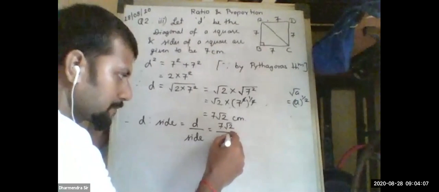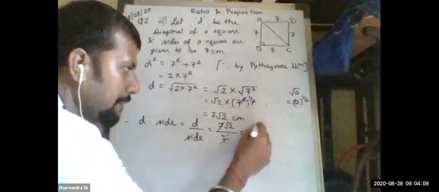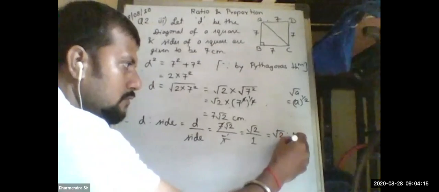As been told earlier, if they are not in the same unit, you have to convert in same unit, and at last you will be getting answer in the form of unitless quantity. You won't be having any unit. Why? Because in ratio, both the terms present in numerator and denominator have the same unit, and at last they cancel the units, and what remains is constant. So 7 gets cancelled. What remains? Root 2 upon 1. Our answer is root 2 is to 1.